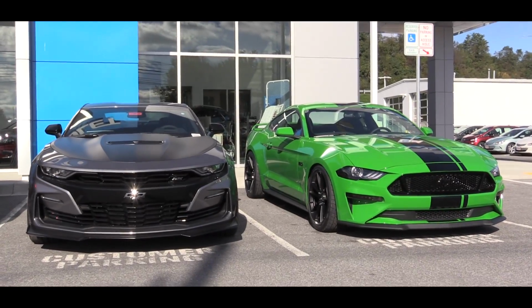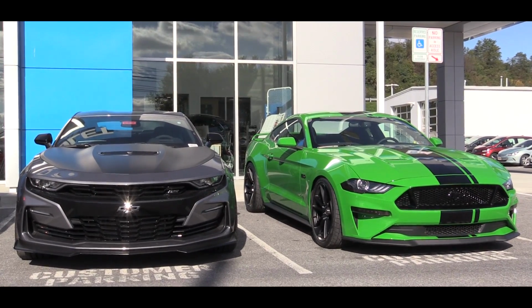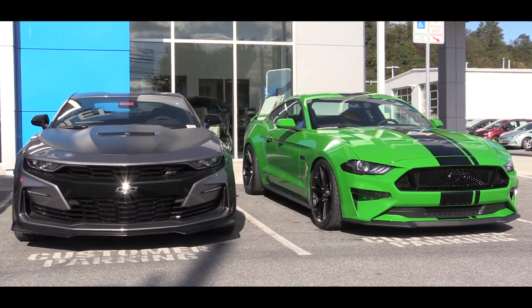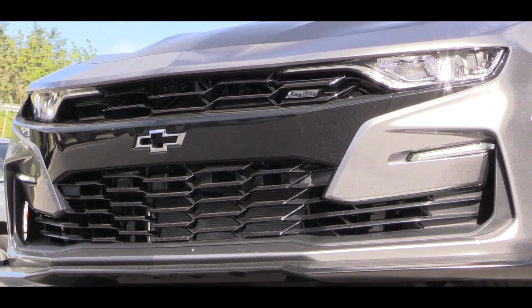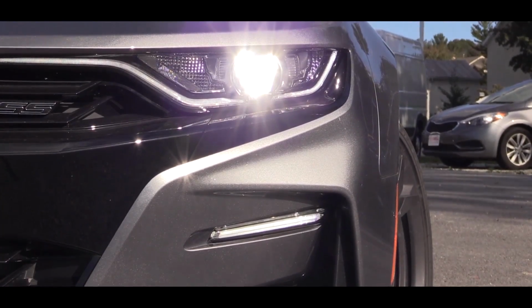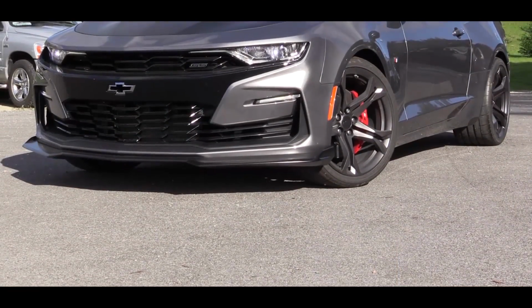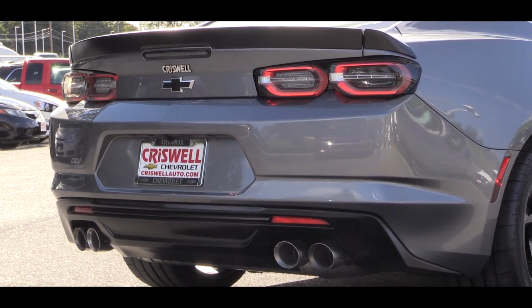And now for my last comparison, and this is the most controversial, so I want to hear what you guys think in the comment section on this one, but it is not a comparison without comparing the exteriors of these two vehicles. And I will say, having seen the Camaro SS in person, it is not as bad in person as it looks on camera and in film, but I actually do like the Camaro refresh compared to the previous year. But what I really like on the Camaro exterior is the smoked taillights, which come standard on the Camaro SS, just like the Corvette Z06,